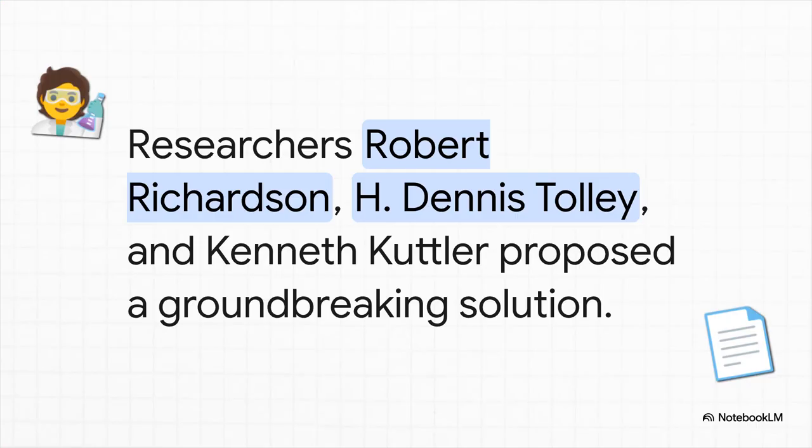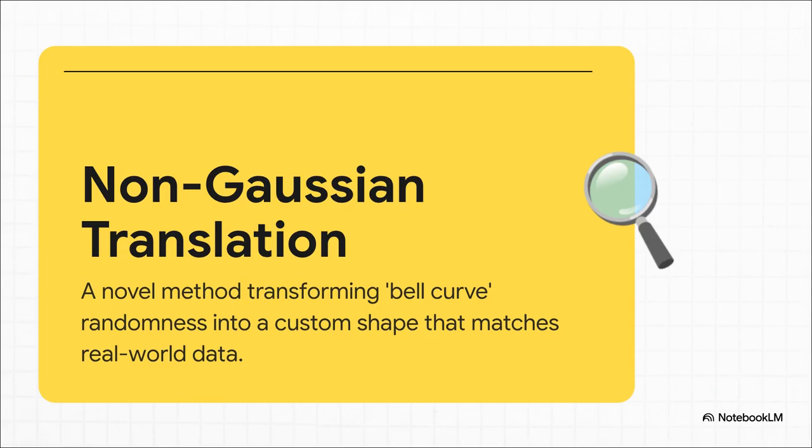And that solution comes from these three researchers, Robert Richardson, Dennis Tolley, and Kenneth Kuttler. In their brand new paper, they lay out a completely fresh way to think about and to model these random processes. They call it the non-Gaussian translation process. Now that sounds pretty technical, I know, but at its heart, it's a really powerful and clever idea. It starts with your basic standard randomness, that bell curve white noise, and then it applies this brilliant mathematical transformation that reshapes it, allowing it to perfectly capture all the skewness and the heavy tails of whatever data you're looking